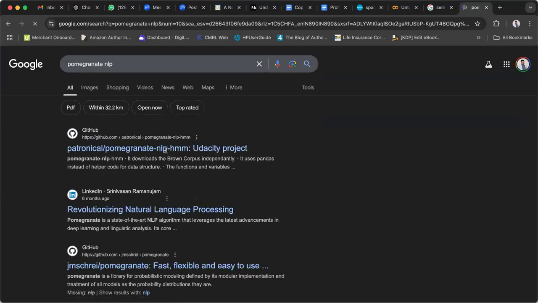So you can also work on this. It is a starting point, and the pomegranate library is a starting one, and then the next is spaCy, and next